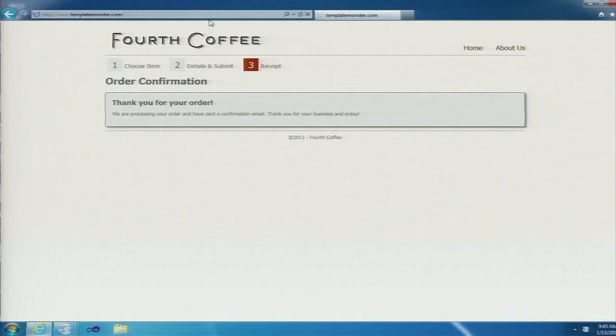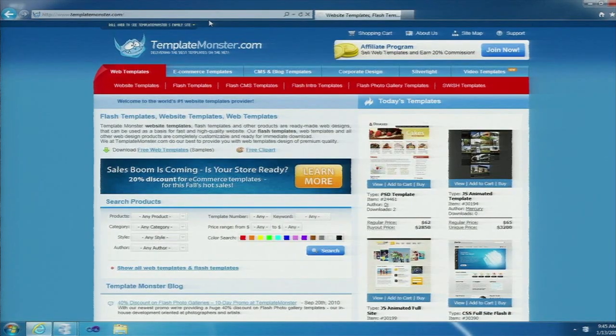Now, what about if you wanted to use your own design, or perhaps create something yourself. Now, I'm not a designer, I'm a developer, and I think we know where our strengths and weaknesses are. Now, there's a great site out there that provides templates for me to get started with great designs, and that's templatemonster.com.